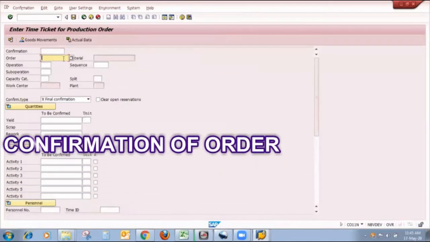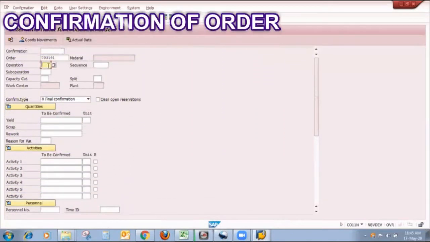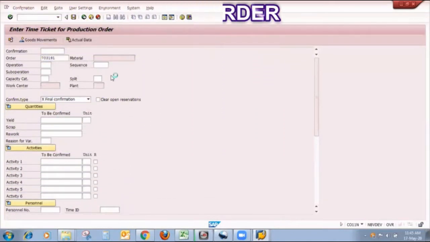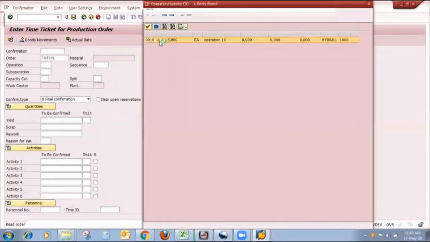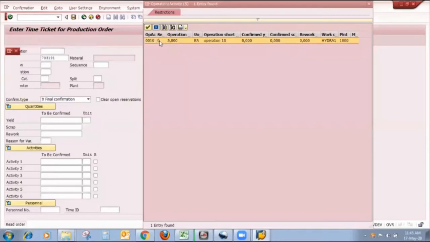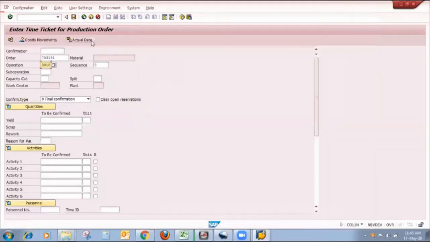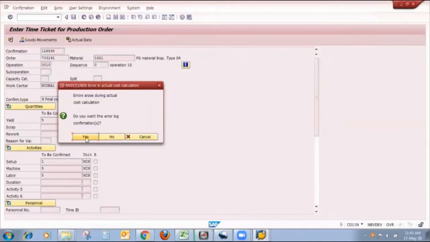Here I put my finished product order number. Only one operation comes because we use only one operation. I select it, click on actual data and save this order. Yes.